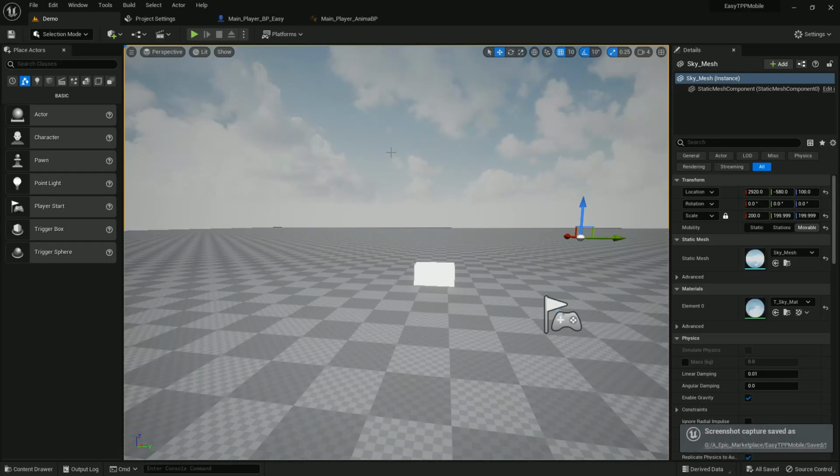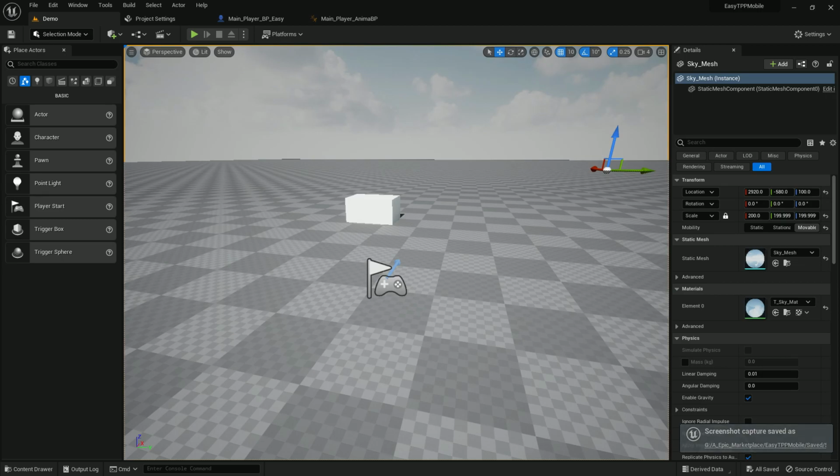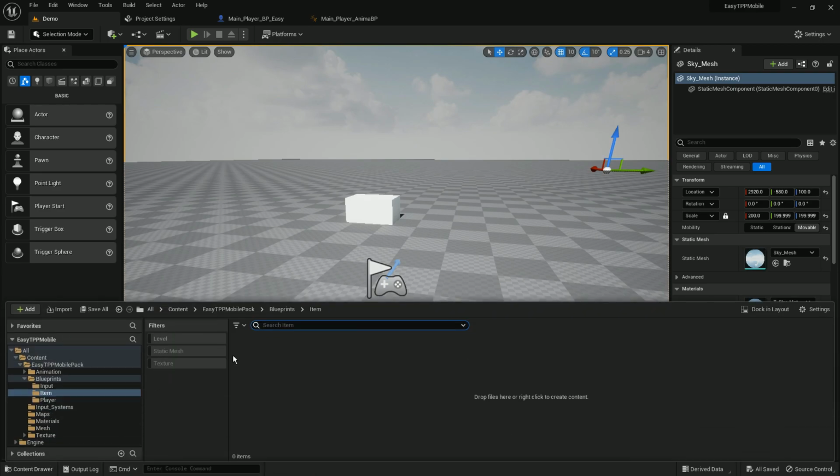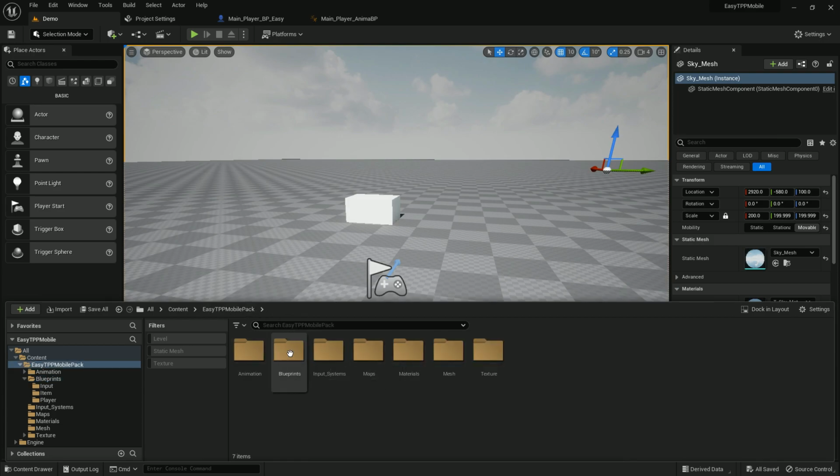Welcome back, and in this tutorial part we are going to create a weapon picking system, and also some inventory system. So let's get started. First, I will create a folder with the name item, and now first what we need is